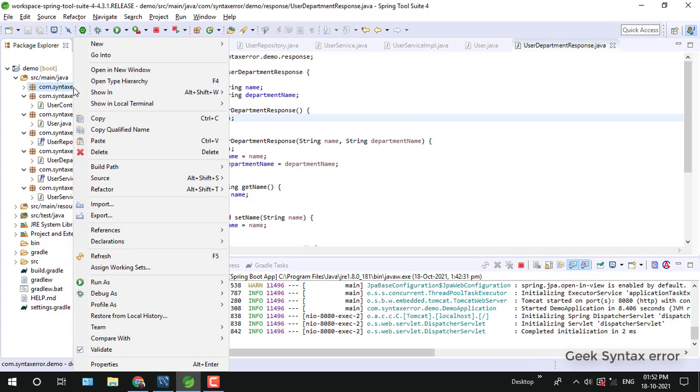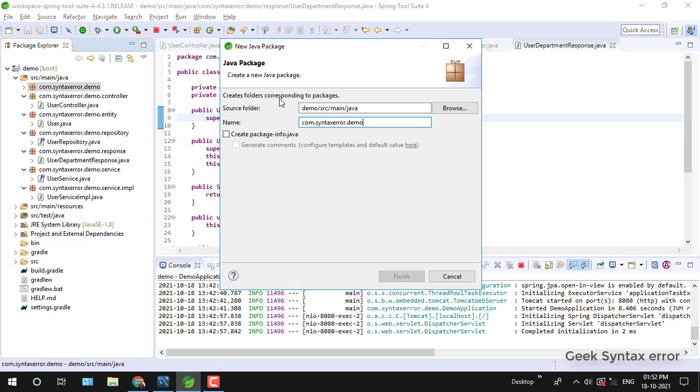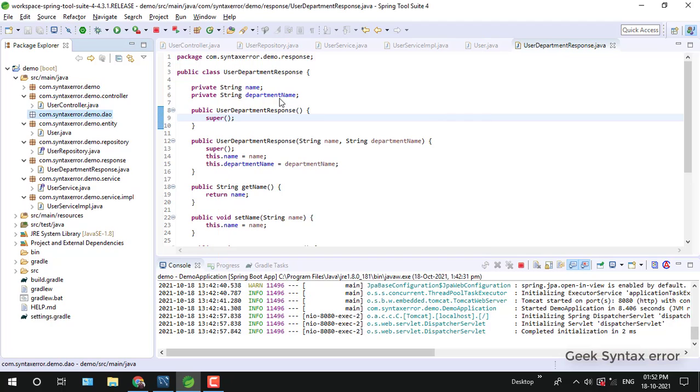So for that we have to create a DAO class. Before going to the DAO, let me create one package as dao. After that we have to create one support package, because as you guys know, we have a data source object.